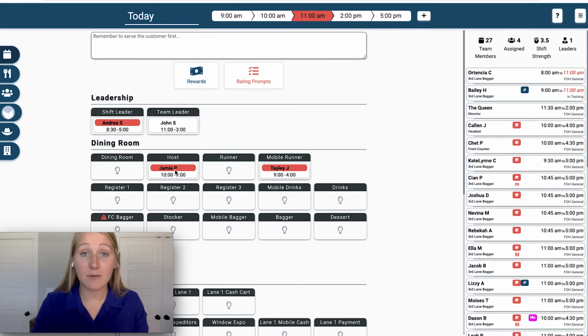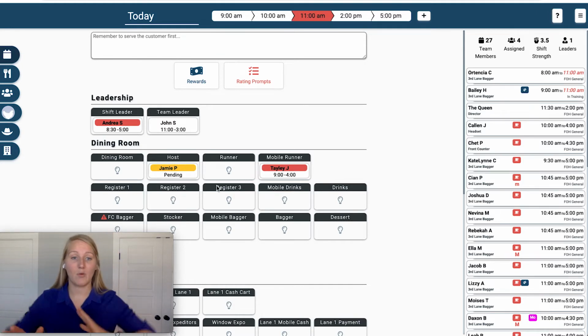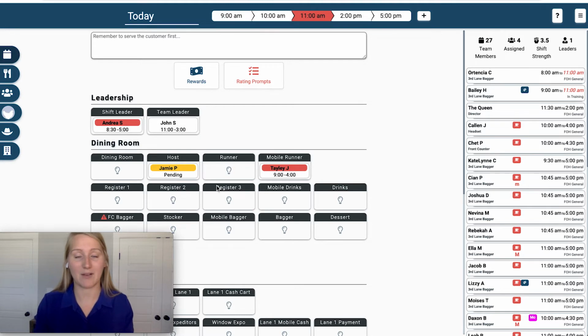So Jamie's about to go on break. Somebody's about to go and cover for that position, and I've just told them to go ahead and take over that position. I'm going to click on Jamie's card, and it's going to mark as pending. So this means that we are in transition. Maybe they're ordering their break food. We are waiting until they're actually starting their break, right? Then once they actually start their break,